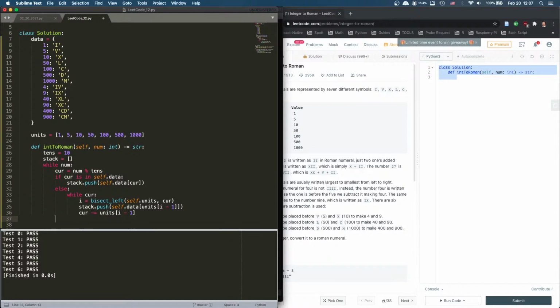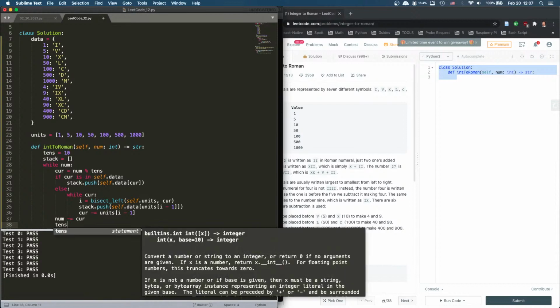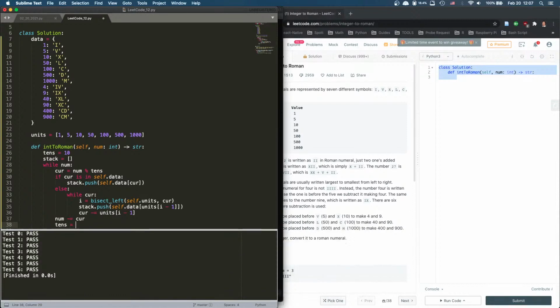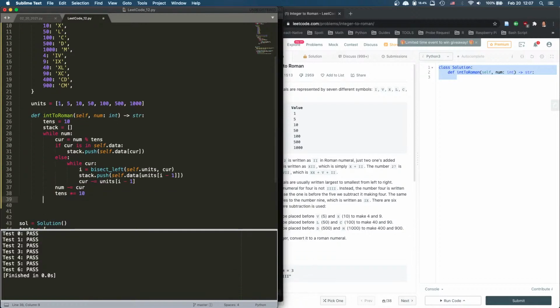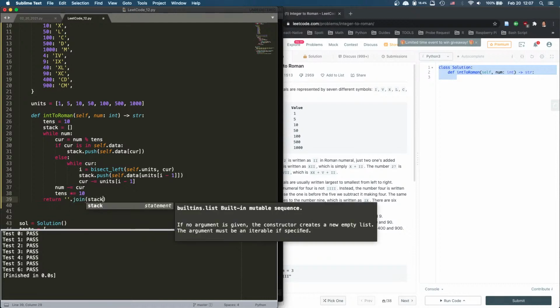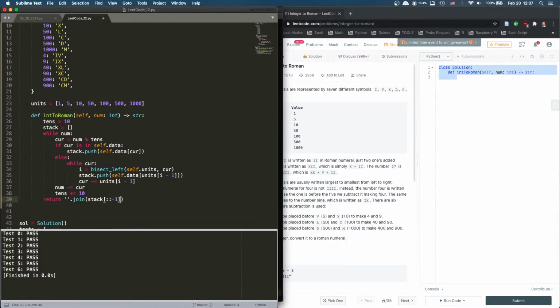Yeah. So at the end, num will be minus equal to current, and tens times equals 10. All right. And at the end, we return join stack. All right,